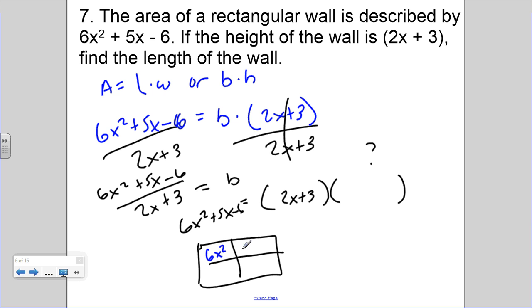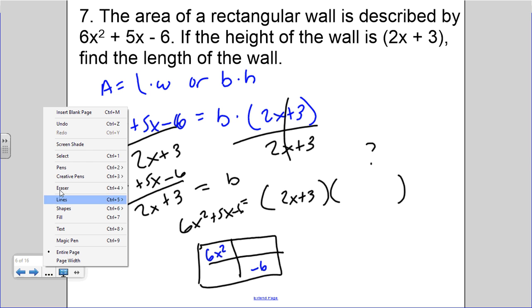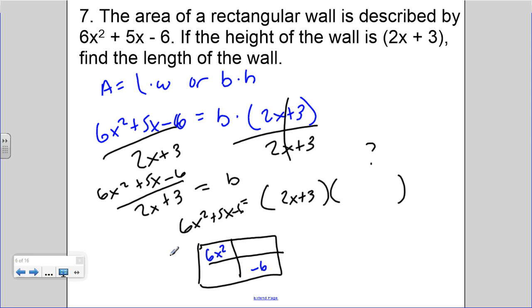We know 6x squared comes first, and we know minus 6 leads. We also know that one of the factors is 2x and then a plus 3. So let's see if we can fill in the rest of the box. So ask yourself, what times 2 gives you 6? So 3. What times x gives you x squared? X. Okay. So if this is 3x,